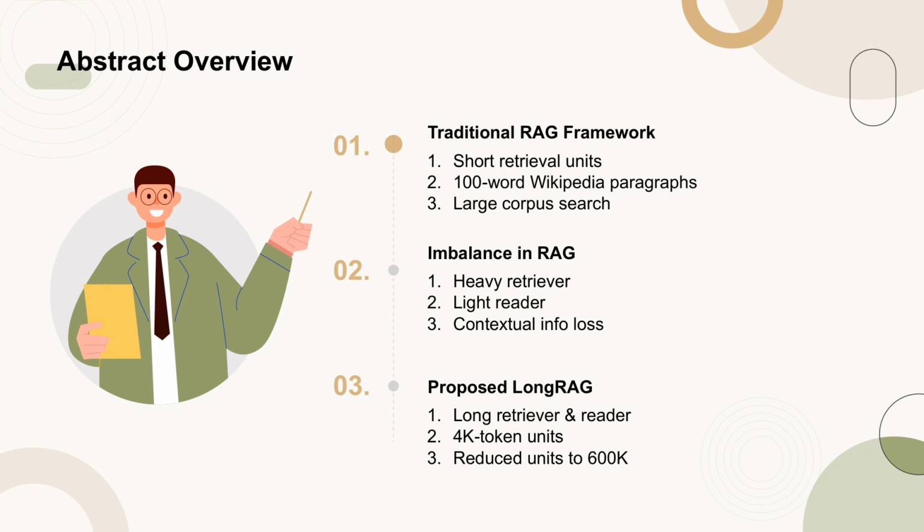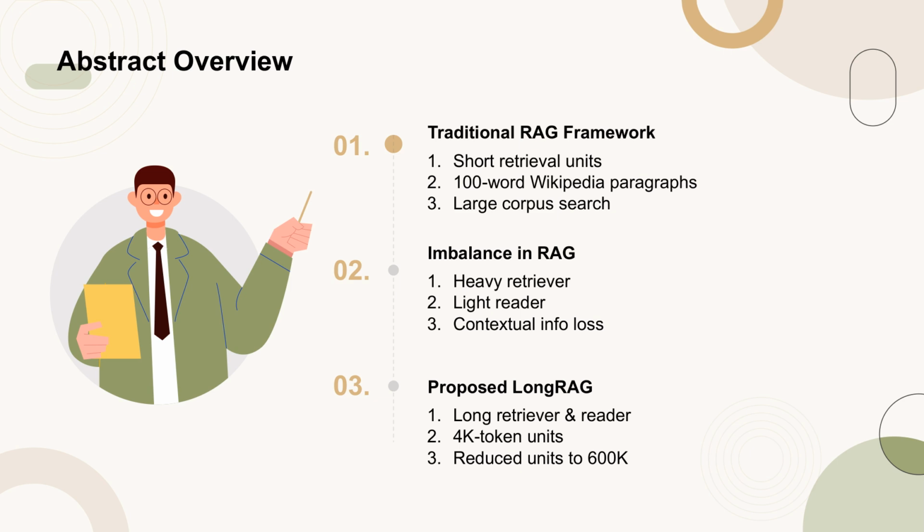To address this, the authors propose LongRAG, a new framework that uses longer retrieval units. LongRAG processes the entire Wikipedia corpus into 4K token units, which are 30 times longer than the traditional units. This reduction in the number of units from 22 million to 600,000 significantly lightens the retriever's load, enhancing retrieval performance with fewer top units. This approach also minimizes the likelihood of retrieving hard negatives while preserving the semantic integrity of